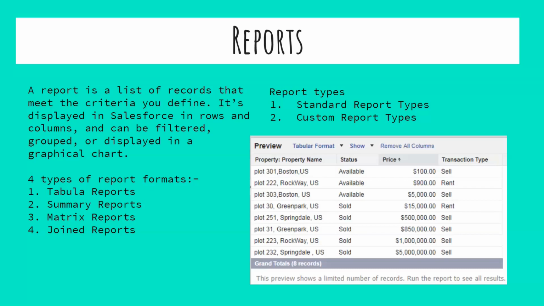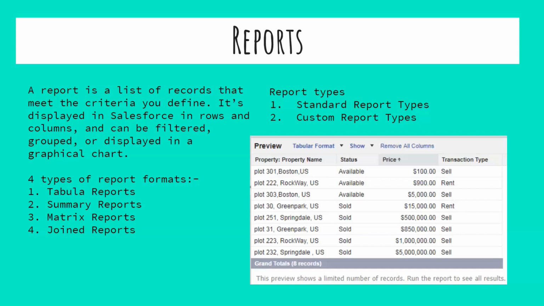In Salesforce, we can easily generate a report in different styles and can create a report in a very short time. Also, if you want, we can schedule a report and it will send you a mail of that report every day or every week. It will depend on how you are scheduling that report.